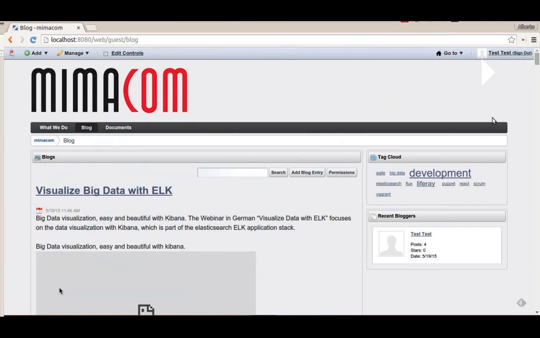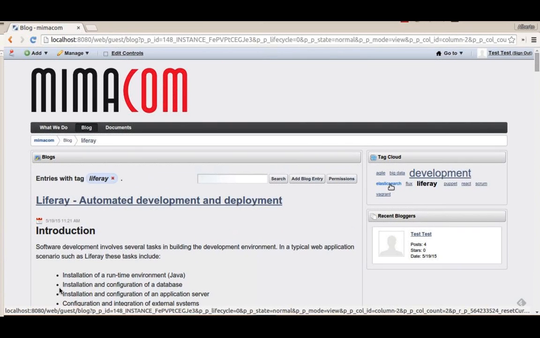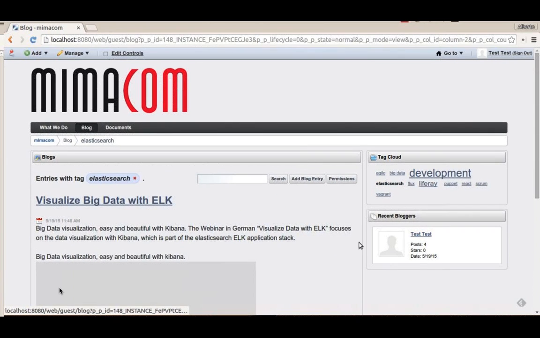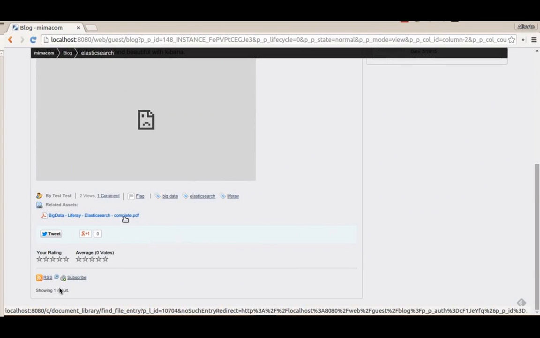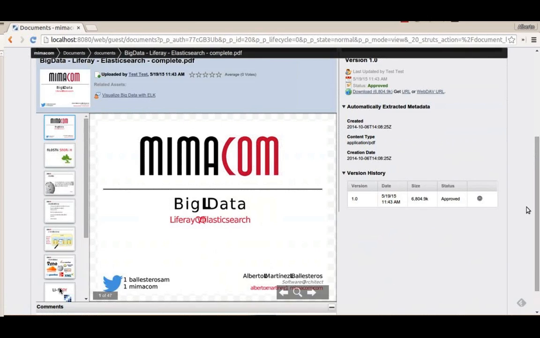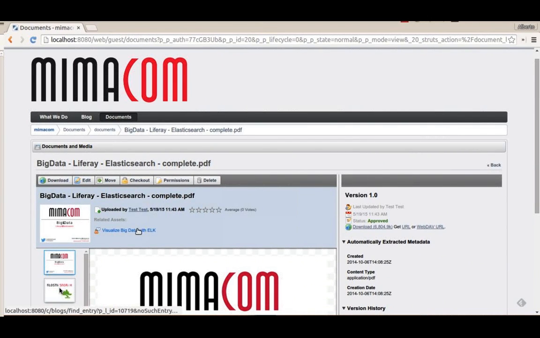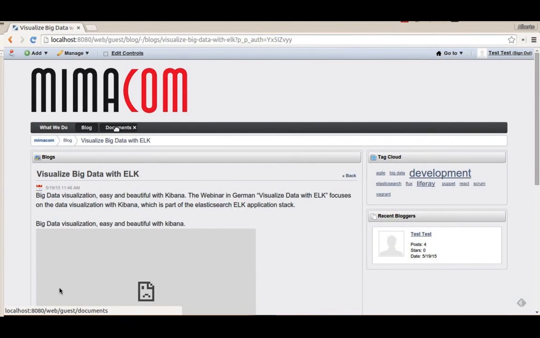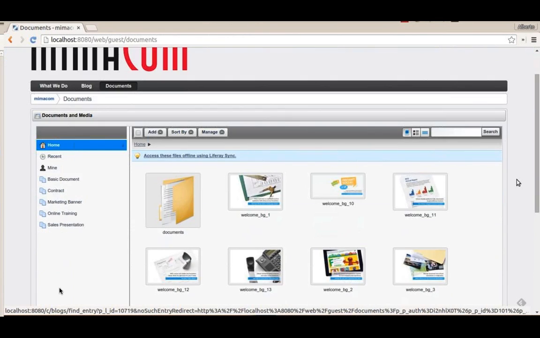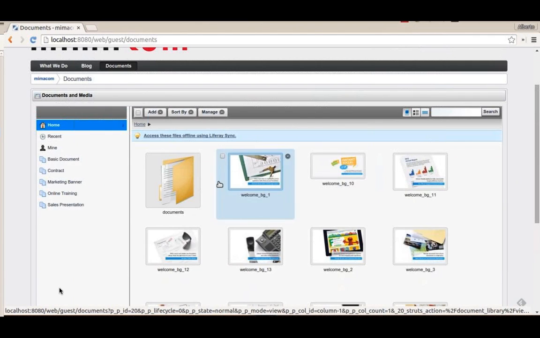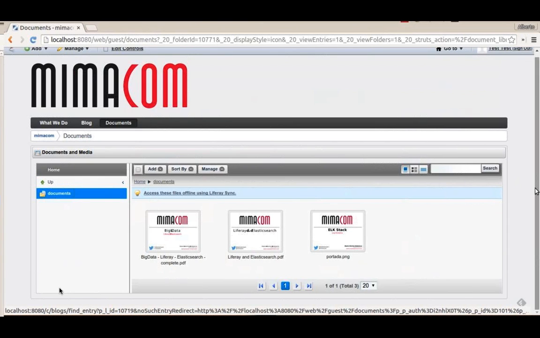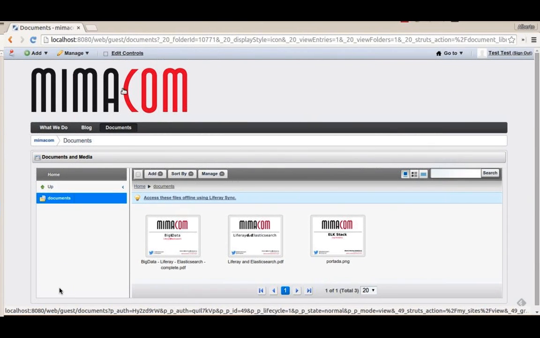blog.mimacom.com. When I say migrate, I mean I copy and pasted some entries from our blog. Here you can see how it works if we select contents by tags. We have related content. That entry was related to this document, and also in the reverse way, the document with the blog entry. And here is our document library